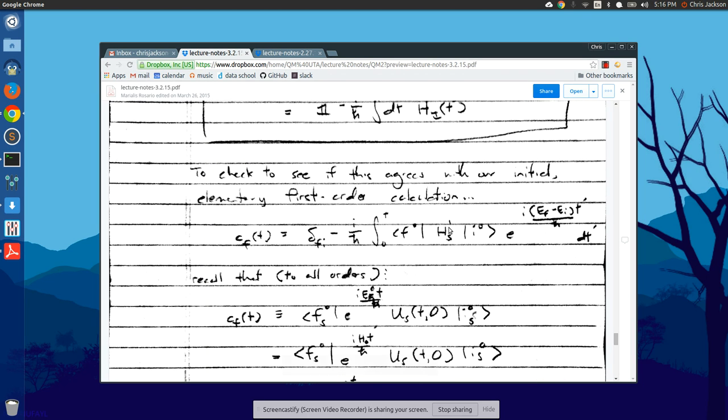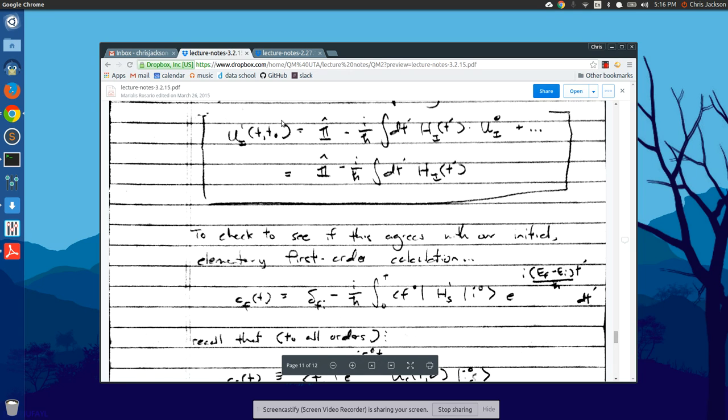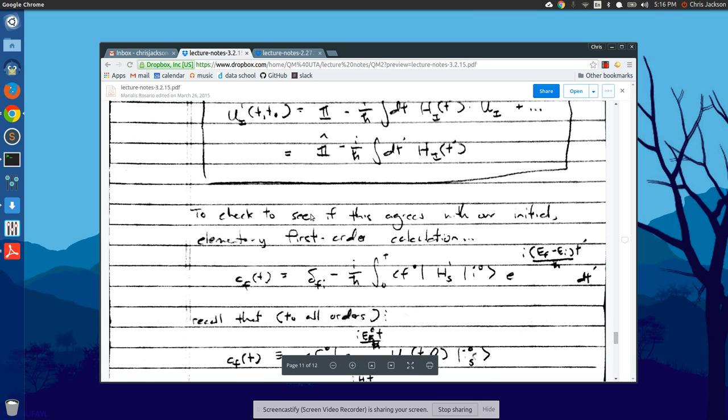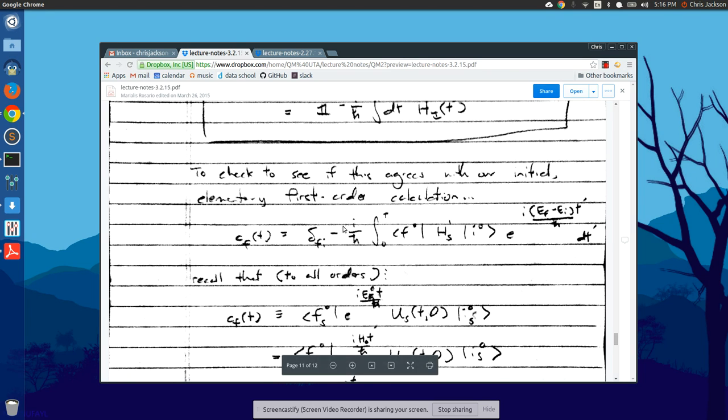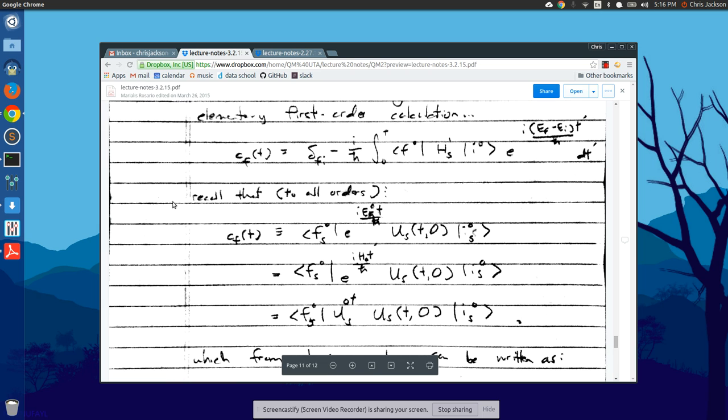And what we want to see is whether, if we take this kind of route in computing these time-dependent perturbations, we can get to the same expression that we had for the coefficient last time, to first order. Just to remind you, last time we found something that looks like this, right? And if we work